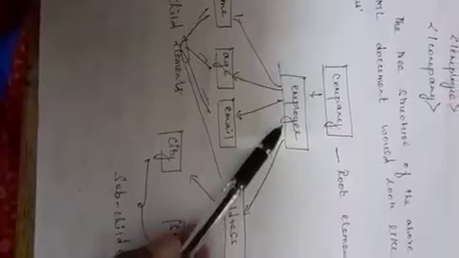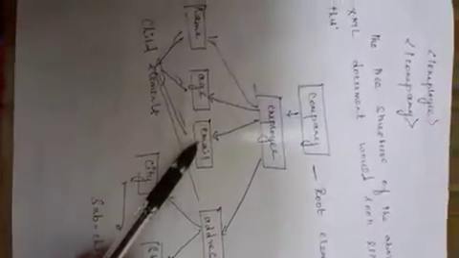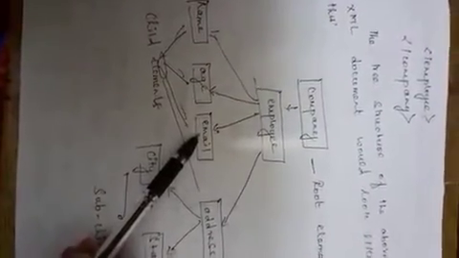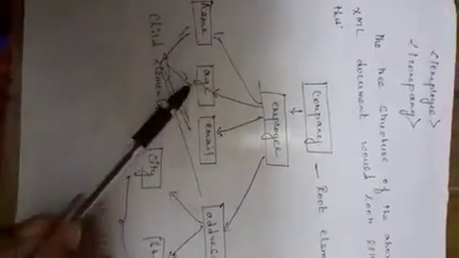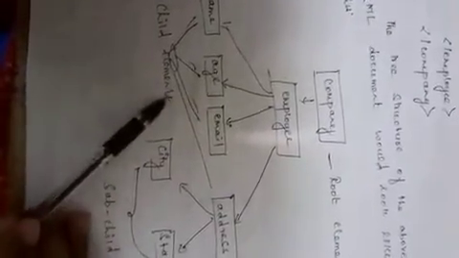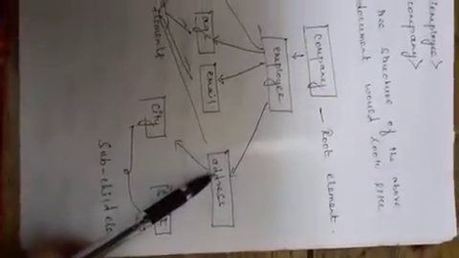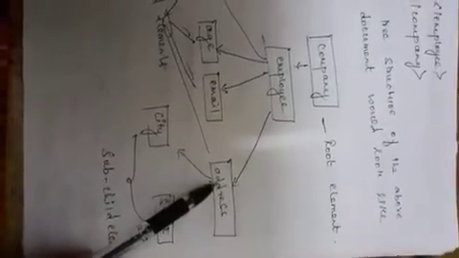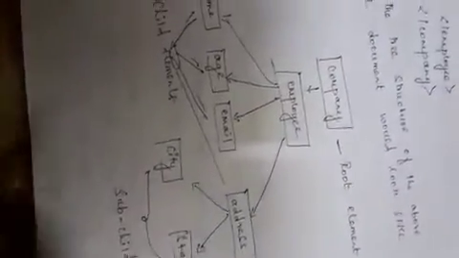Here the tree structure would be like this. This is the root element, and this is the child of the root element. These are all the inner child elements of the company root element. Age, name, and email are all child elements. This address is also a child element of the tag employee. So here the city and state are the sub-child elements of the tag address. So in XML, the elements are always displayed in a tree structure.